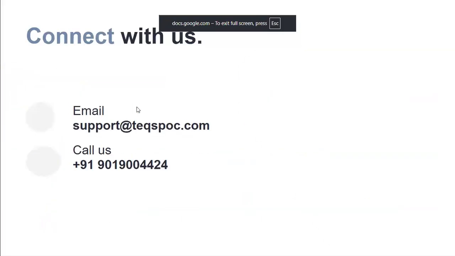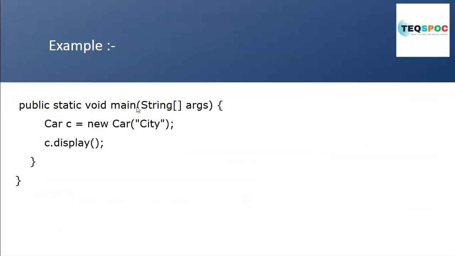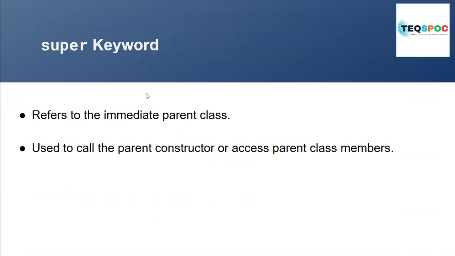Basically, super is also one keyword that refers to the immediate parent. With the help of the super keyword, we can call the parent constructor or access the parent class member. Accessing a member of the parent class means,